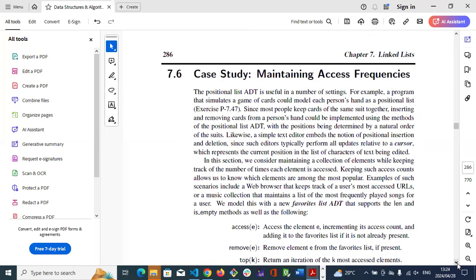The case study: maintaining access frequencies. The positional list ADT is useful in a number of settings. For example, a program that simulates a game of cards could model each person's hand as a positional list, as in exercise P-7.47. Since people keep cards of the same suit together, inserting and removing cards from a hand could be implemented using the methods of the positional list,